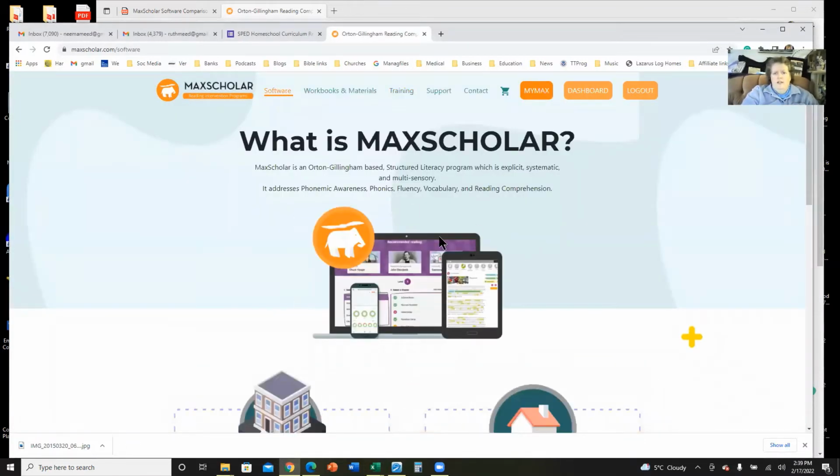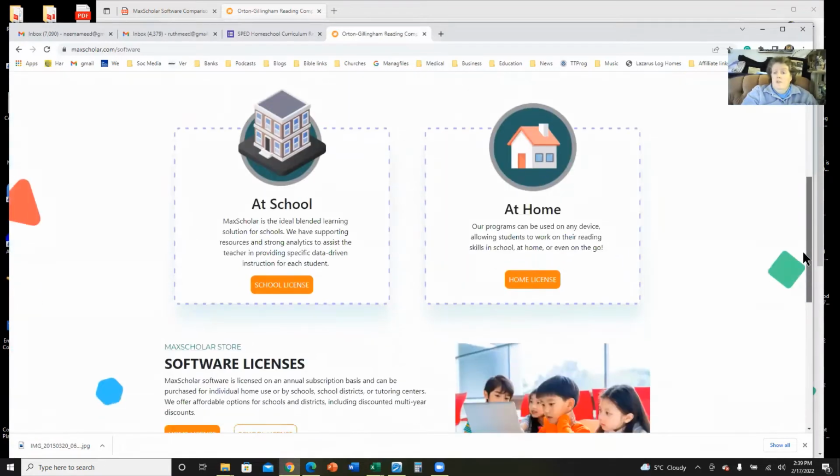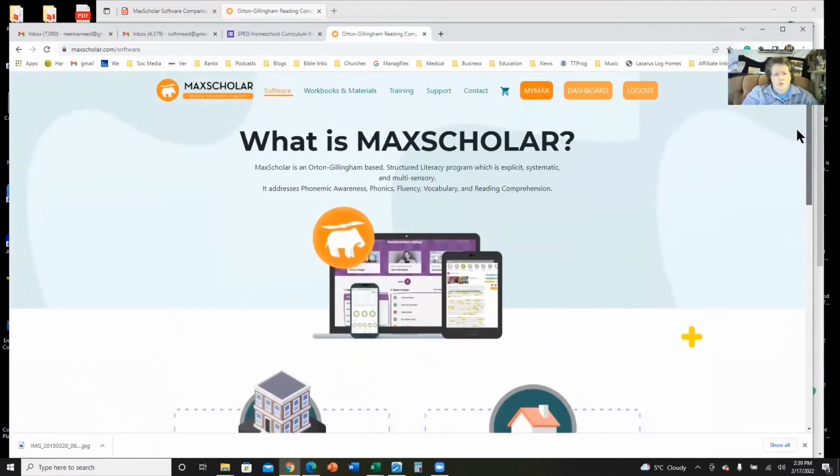So they've got games, they've got structure, it's all phonics awareness, phonemic awareness, phonics fluency, vocabulary, and reading comprehension. And it's explicit, it's systematic, and it's multisensory. So it's available for both schools and homes. And the thing that's exciting is it's available through